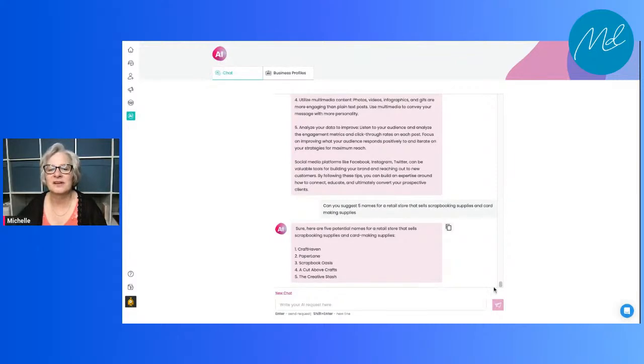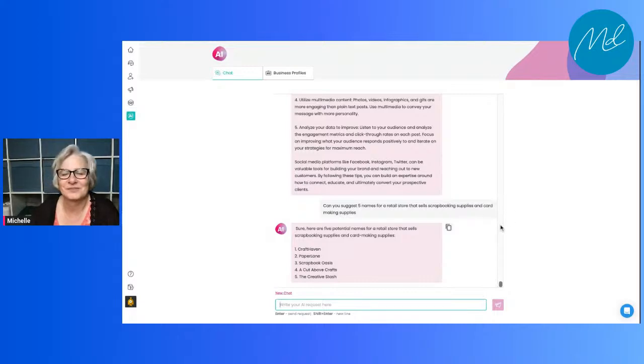I must be stuck on something. Oh, we're already on chat. Using this particular little feature here to help you with your content creation. And that's really cool.